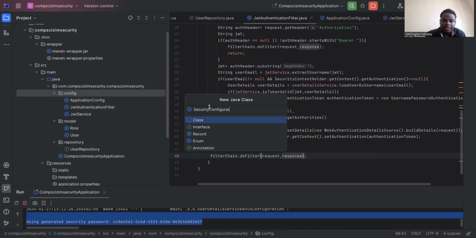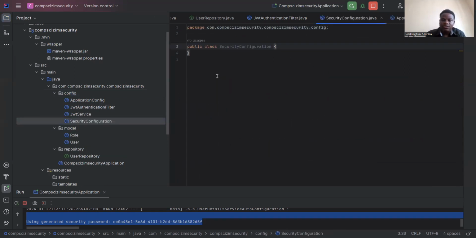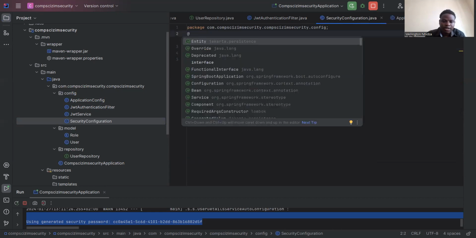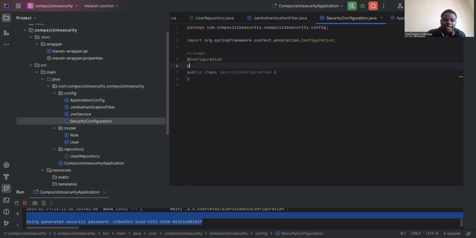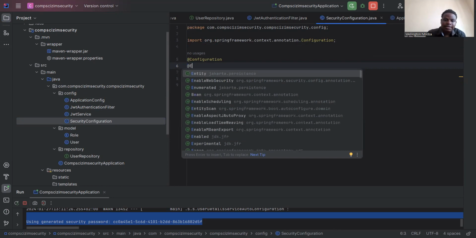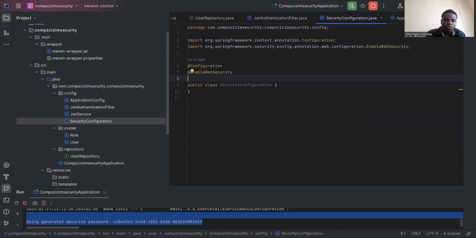This class is a configuration, so we have to mark it configuration, and also we have to call this enable web security, and also